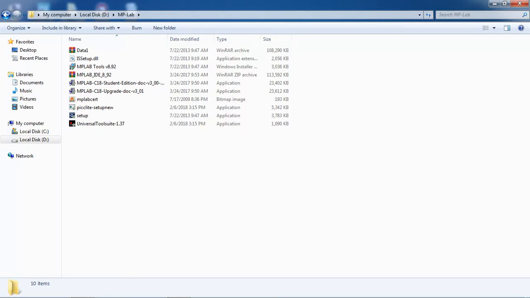For advanced versions, there is MPLAB X for advanced families. But up to 18 series, you can work with this IDE. So this is your MPLAB setup.